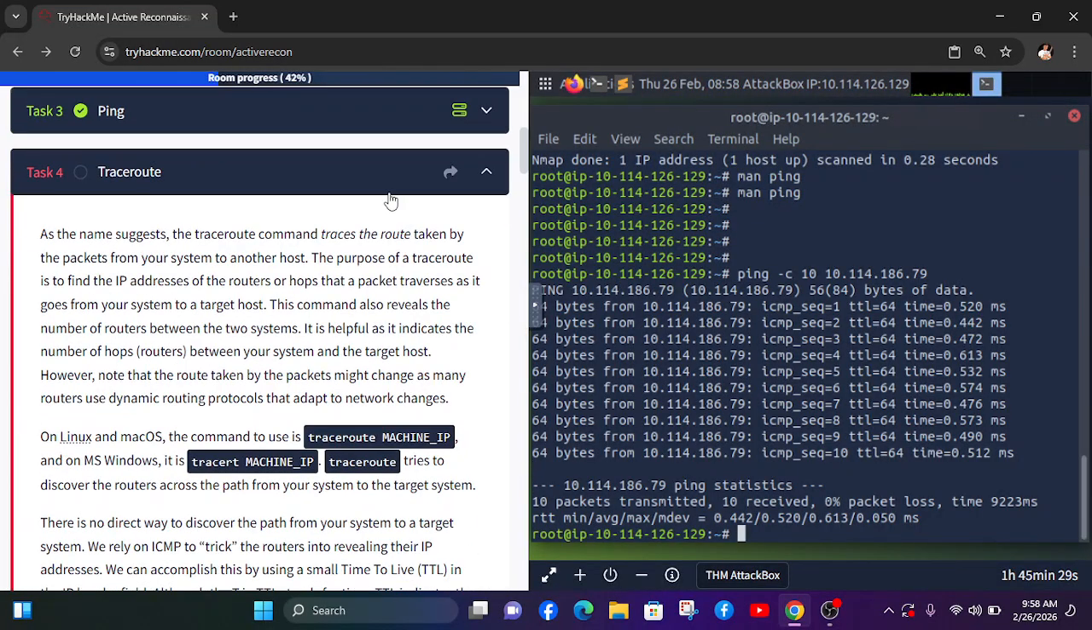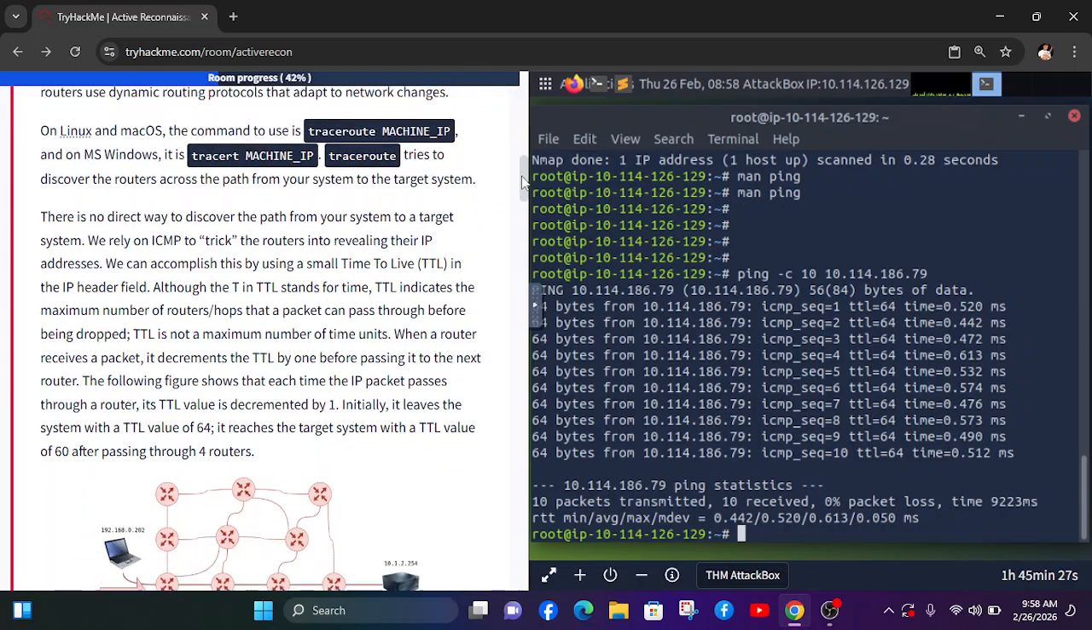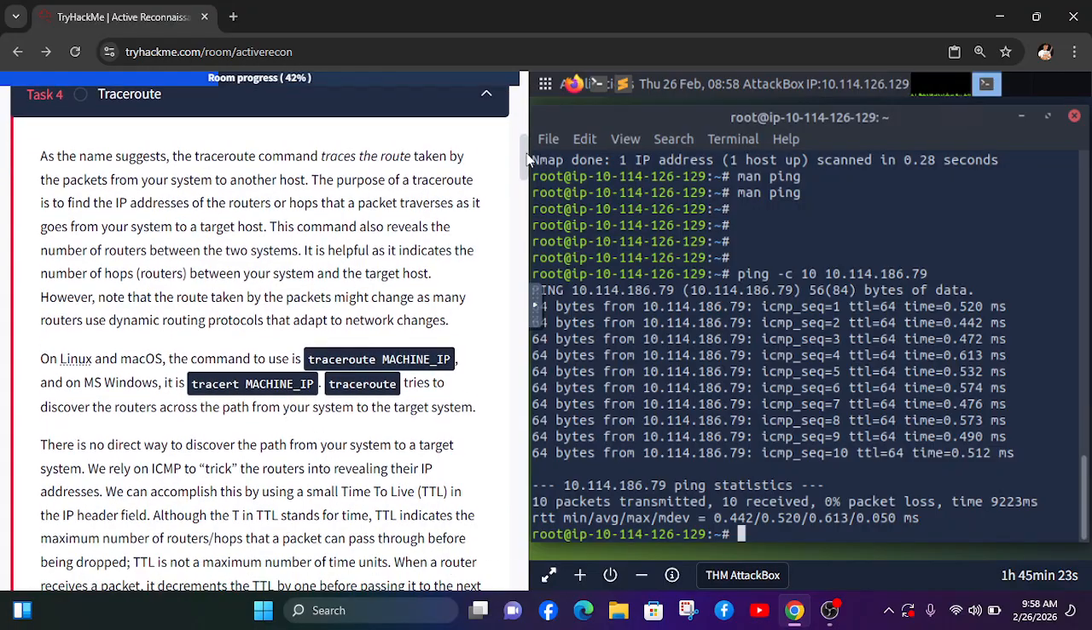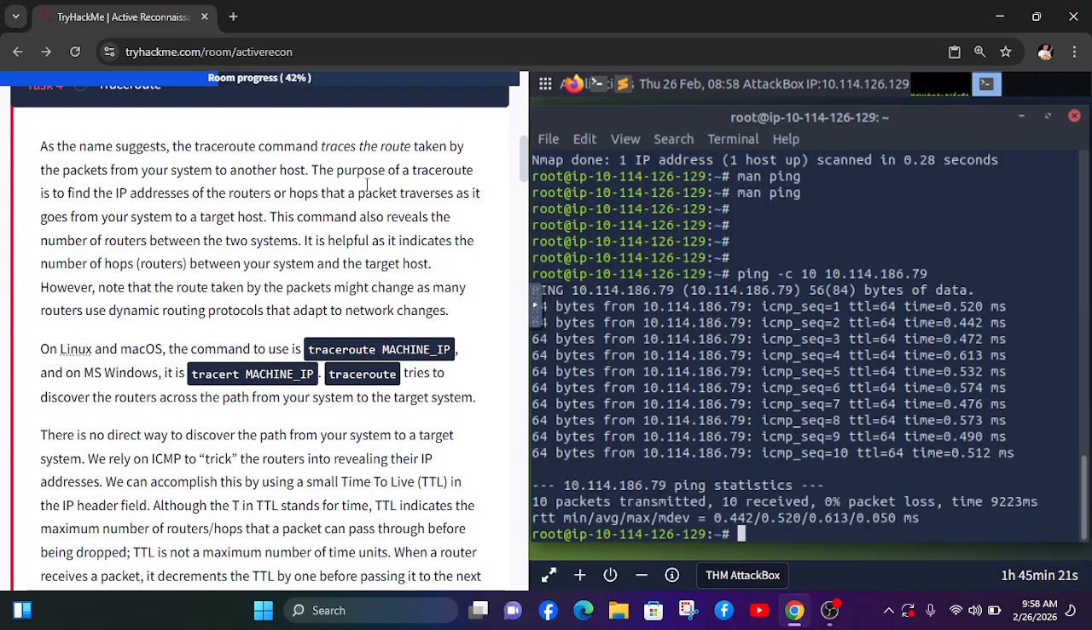You should always terminate your machine when you're practicing on TryHackMe so that you will not have a problem starting the room out. So right here, what do you have? Okay, here we have our